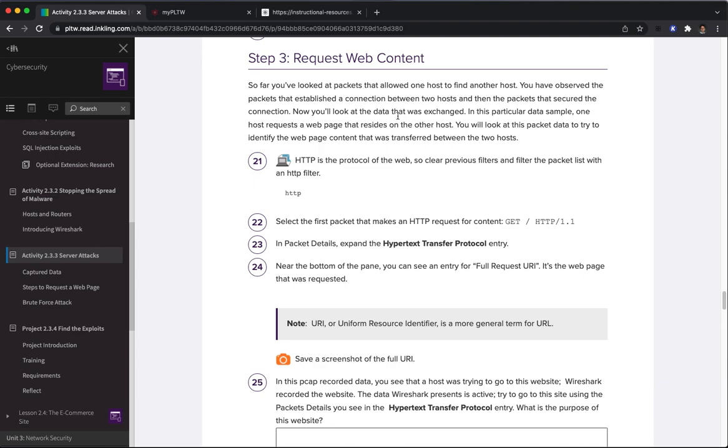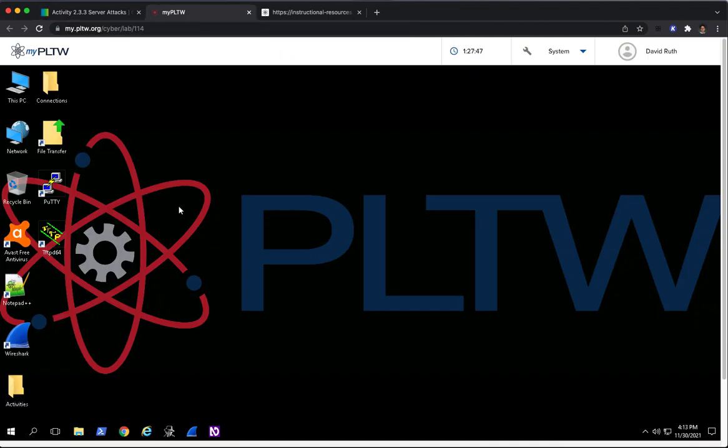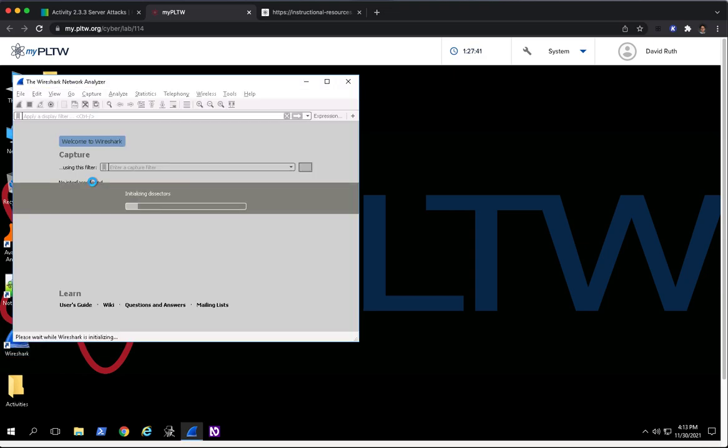All right, in the next part of activity 2.3.3, we're going to look at the request for web content in the network packets that were recorded by Wireshark in that PCAP file. So first thing I'm going to do, just in case you have shut down Wireshark, is I'm going to reopen Wireshark. And I'm going to reopen the PCAP file that had the network activity that we were supposed to be